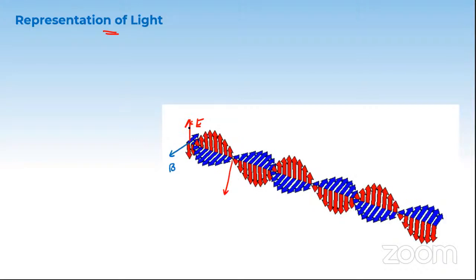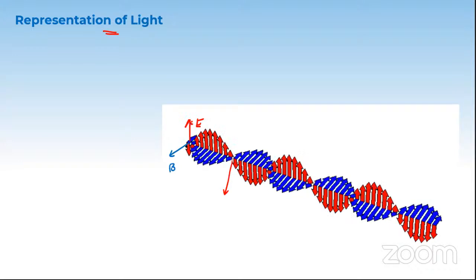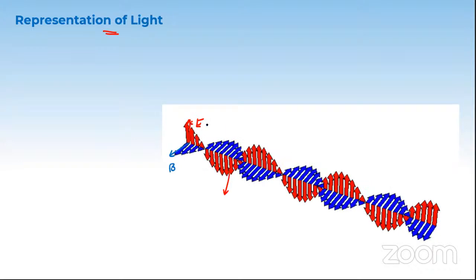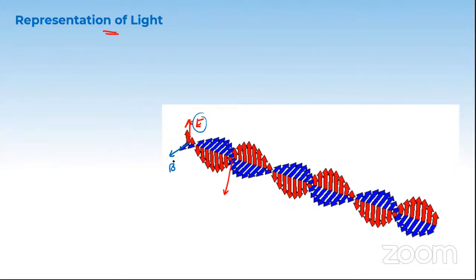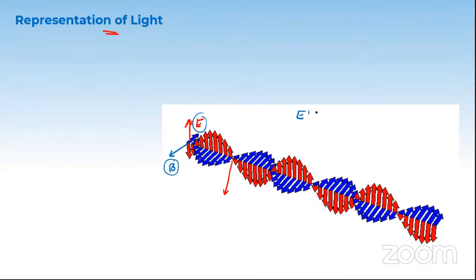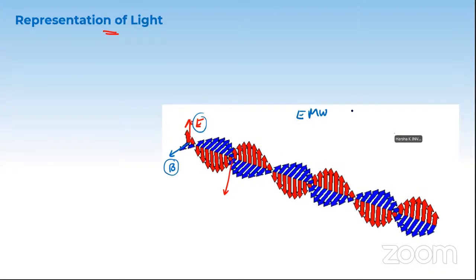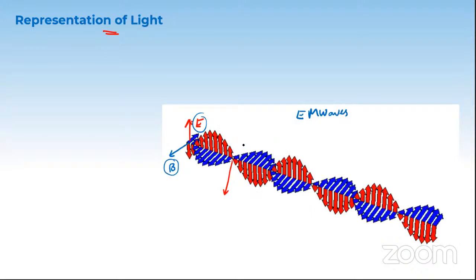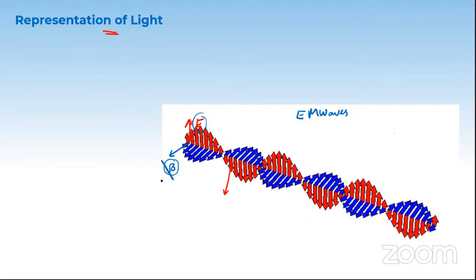You can notice here, this electric field is increasing, decreasing, decreasing, increasing. So this is the oscillating electric field, and this is the oscillating magnetic field. We had a separate chapter called EM waves, in which we learned as much as possible. We are going to do the same thing here, but we have to be very careful: we are not going to consider the magnetic field for this concept.